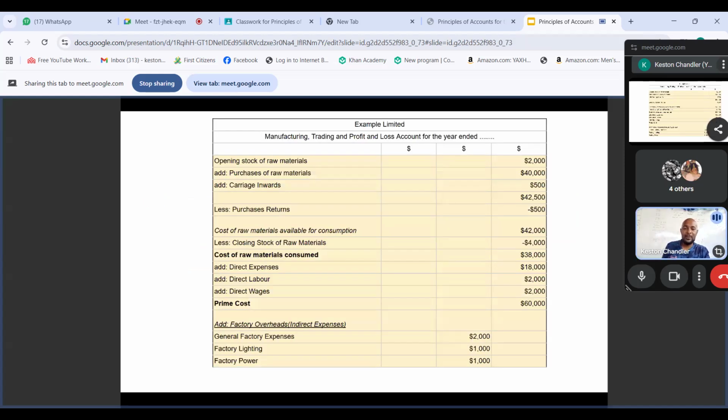Now, this is an example of what the manufacturing section, up until we calculate the prime cost, would look like. Now, we're going to switch back